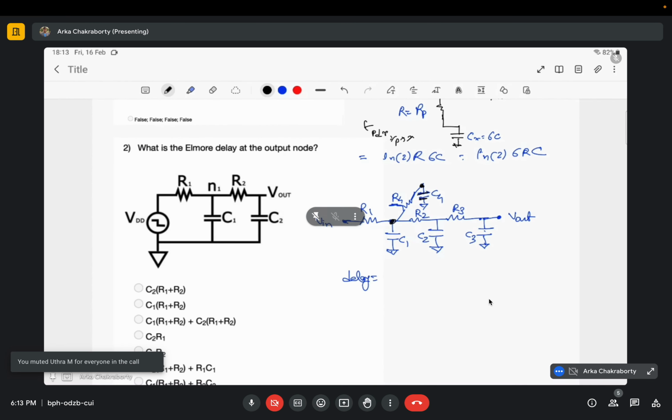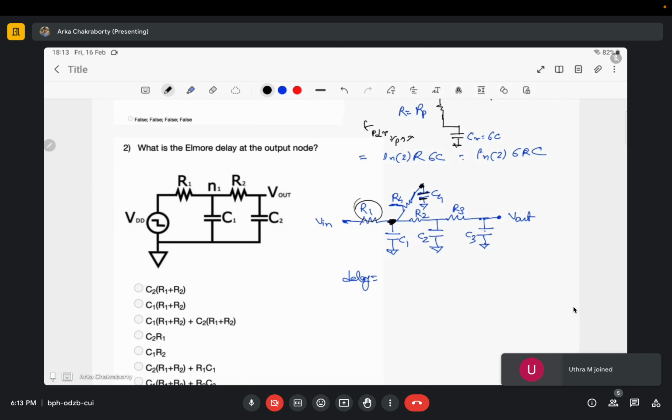Fine. So you can see, for the resistors which are not present in the active path, we can think of these capacitors to be present in parallel at this node. So basically R1 would lead to charging of this C4. So C1, C4 and all the capacitances present at this node can be considered to be in parallel, so we simply find the sum of these capacitances. So the net delay here would be